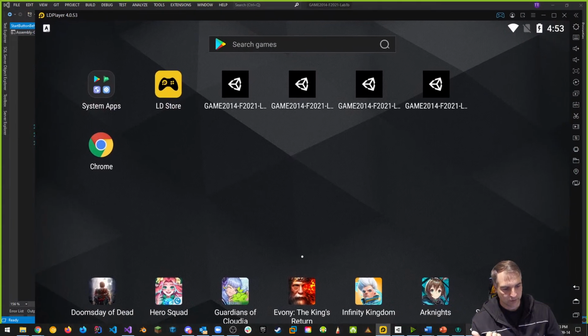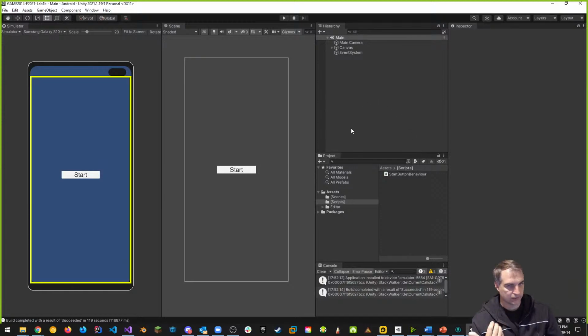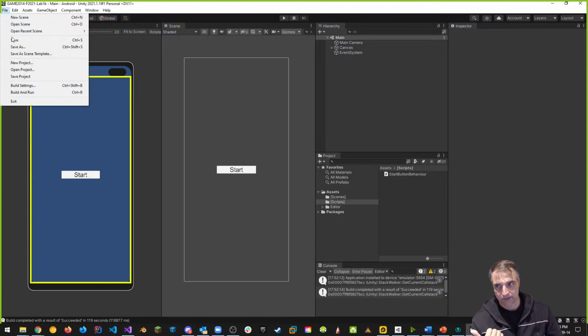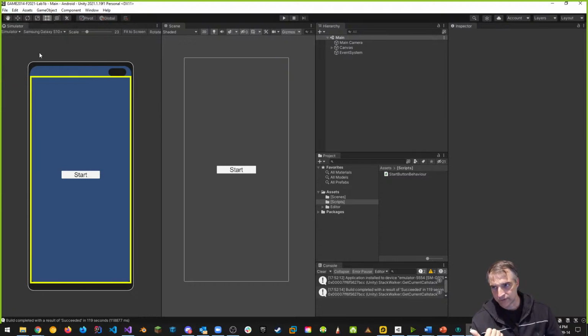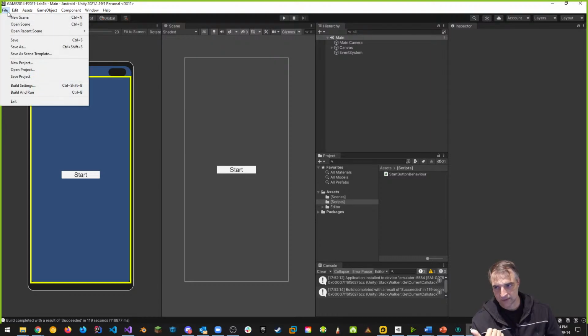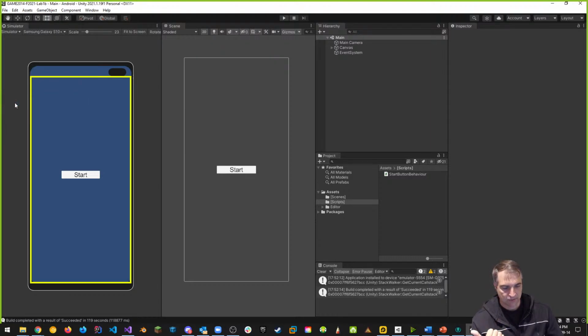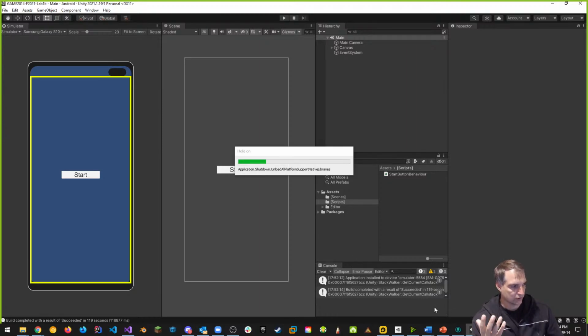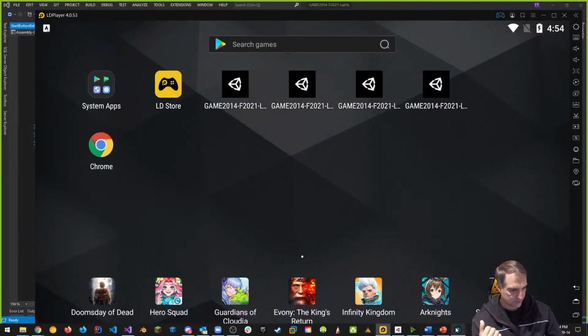And now we can put our app up on GitHub. So what I want to do is, again, a file save and a file save project. And once I've done those two things, let's exit, right? We want to exit now. And I want to go back, when I'm done closing down Unity gracefully, I want to go back to